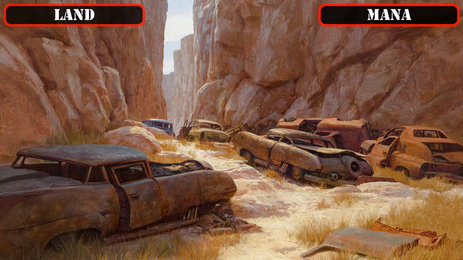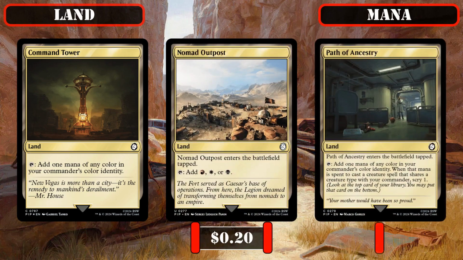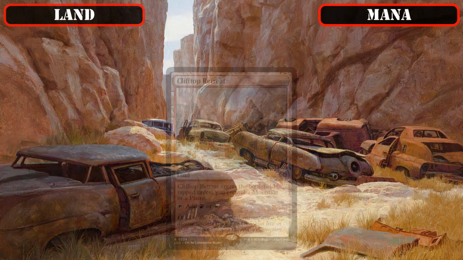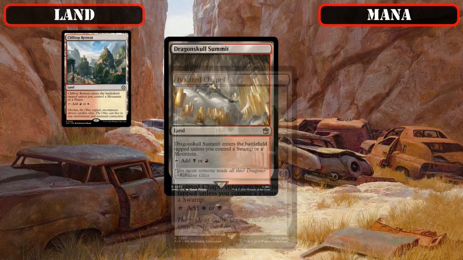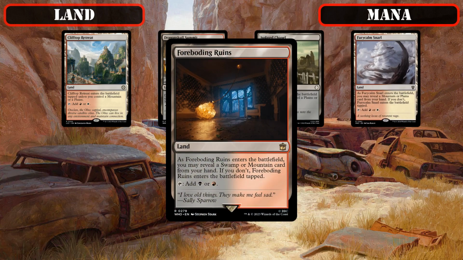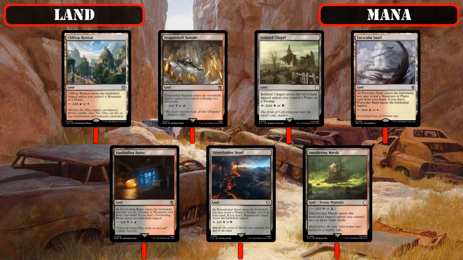Quickly going over this build's mana lands, we have Command Tower, Nomad Outpost, and Path of Ancestry as a trio of lands that tap for all our colors for added consistency, with a third also providing repeatable scry thanks to the 10 humans we'll be running in this build, the check lands Clifftop Retreat, Dragonskull Summit, and Isolated Chapel, the reveal lands Fortified Village-style Furycolumn Snarl, Foreboding Ruins, and Shineshadow Snarl, and the battle land Smoldering Marsh, all of which tap for 2 of our colors and take advantage of our basics to usually come into play untapped to provide us with even more reliable access to our colors without sacrificing speed,